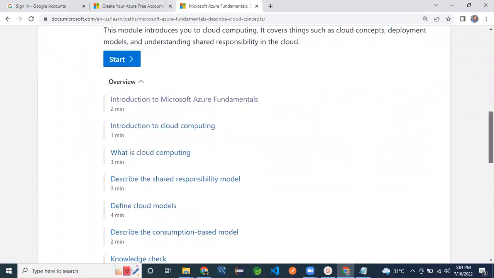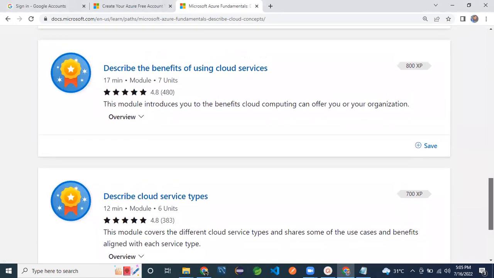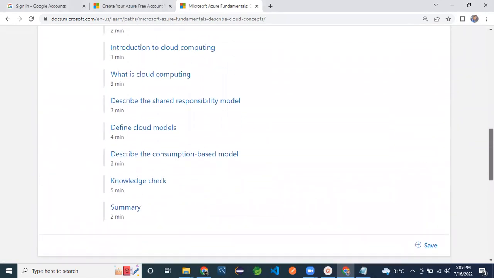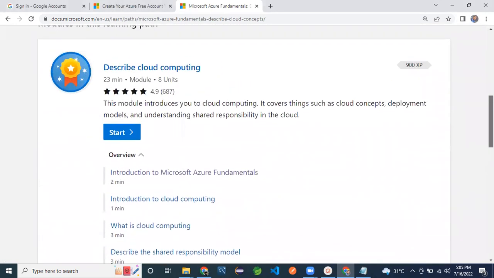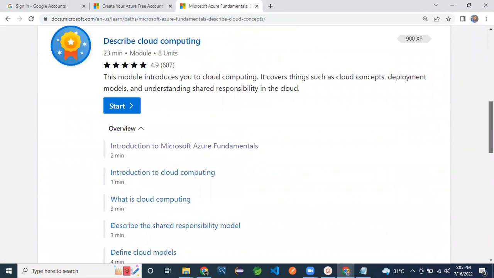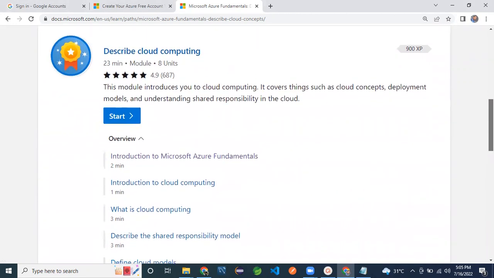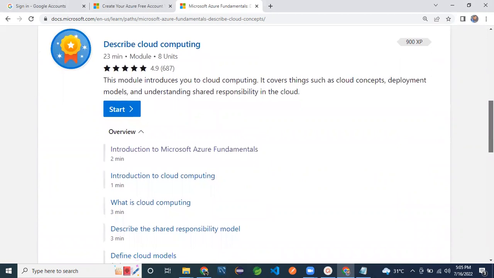So keep in mind that in total we have three topics, each topic has sub-modules, and under the first one we have three modules. Under each module, for example, if we take describe cloud computing, this is the content that will be covered in the first module.